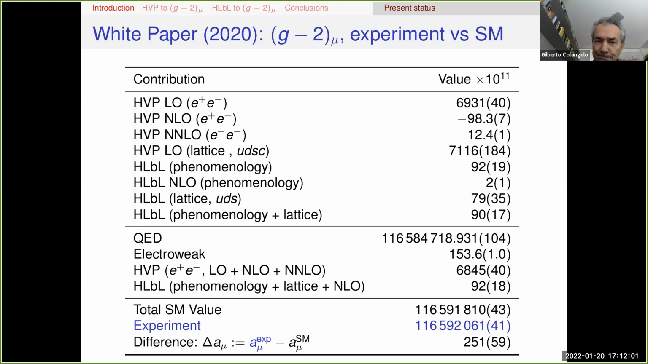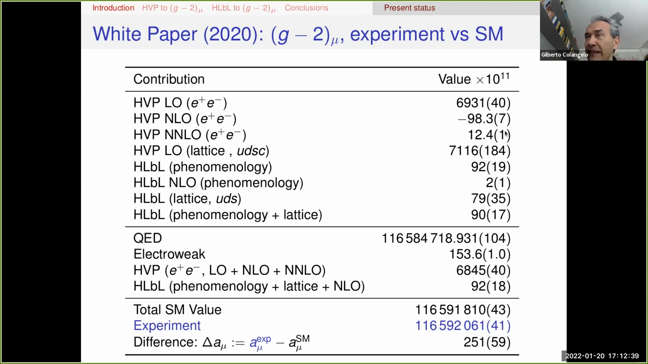in leading, next to leading, etc. The data-driven evaluation of hadronic vacuum polarization is shown in the first 3 entries. The lattice result for hadronic vacuum polarization, the average, the estimate given in the white paper, is shown here. For hadronic light by light phenomenology, which has reached about 20% uncertainty, there is an estimate of the next to leading contribution, which is an order of magnitude smaller, as you would expect, and which was calculated because for hadronic vacuum polarization,